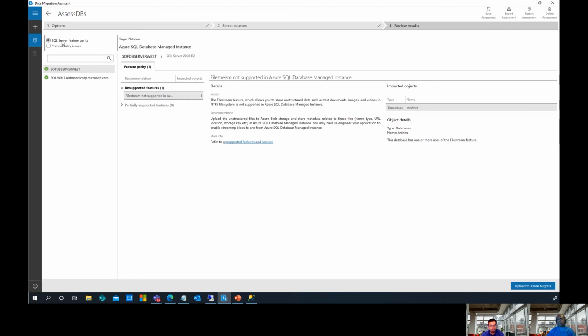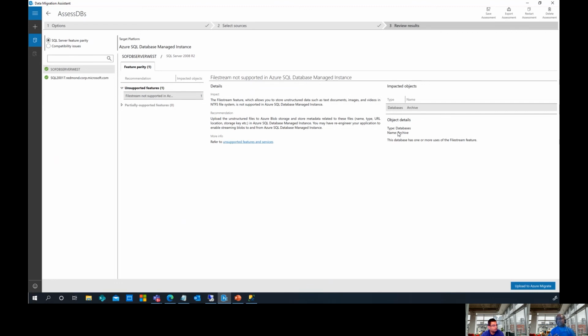As you see here, there are a couple of options. One is the feature parity, where we really look at your SQL Server instance as a whole and look at the specific instance-level features that are currently in use, and how ready they are for migrating to Azure SQL in terms of the supportability of those features. For the 2008 R2 instance, there is one feature, FILESTREAM, currently in use, and this feature is not supported on the managed instance. It also gives you the impacted database that is using this feature,